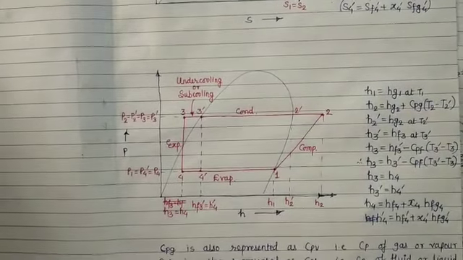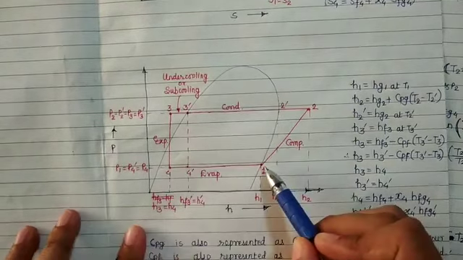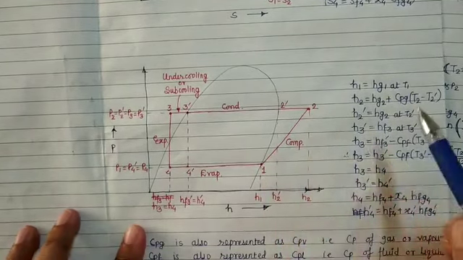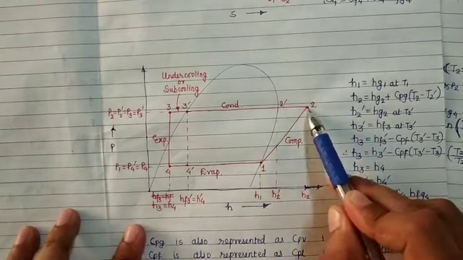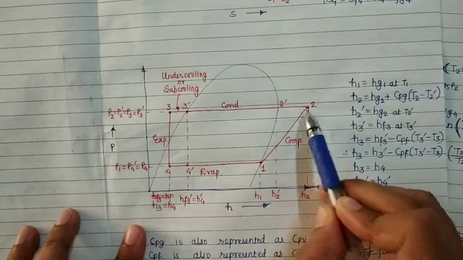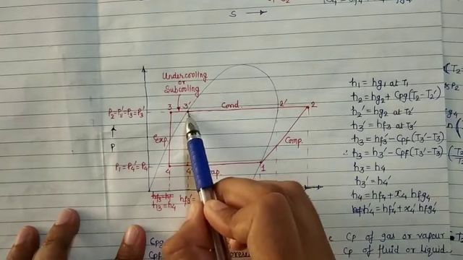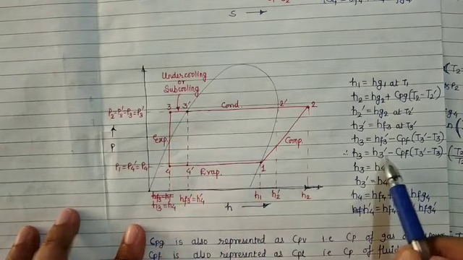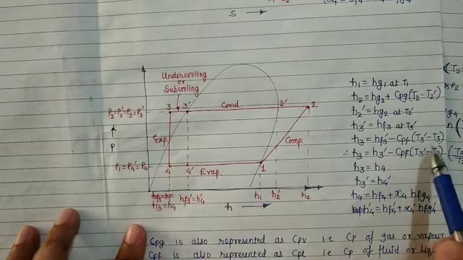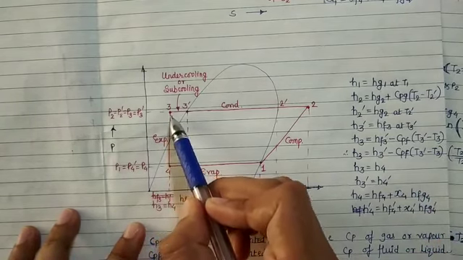So again the same thing can be represented on the pH chart in such a way that from point 1 to 2 is again isentropic compression. So H1 is equal to Hg1. H2 needs to be calculated through the formula which we use for superheated values. H2 dash will be equal to Hg2. H3 dash will be equal to HF3 at T3 dash. H3 will be equal to H3 dash minus Cpf into T3 dash minus T3. So now this is the formula which needs to be used for calculation of H3.